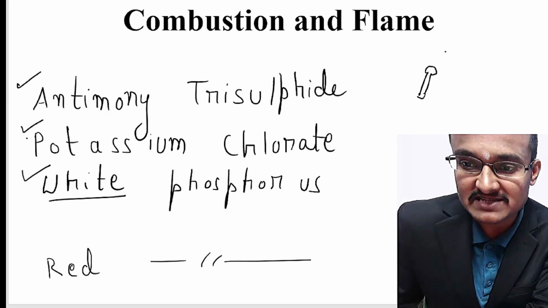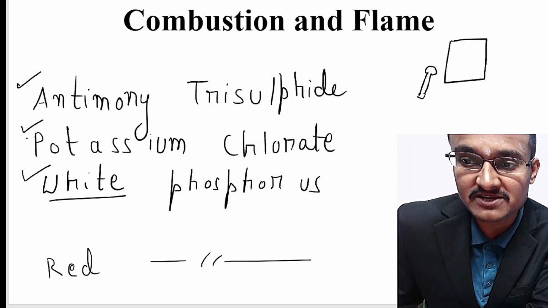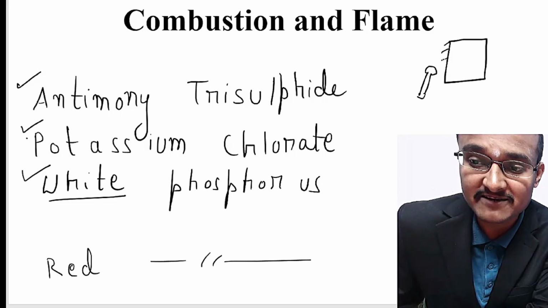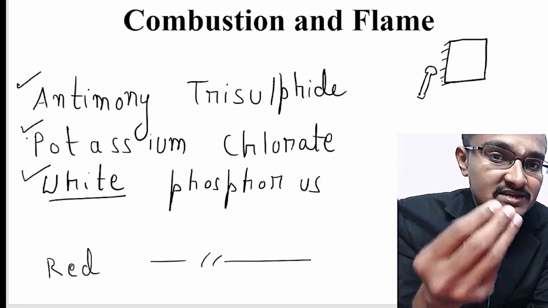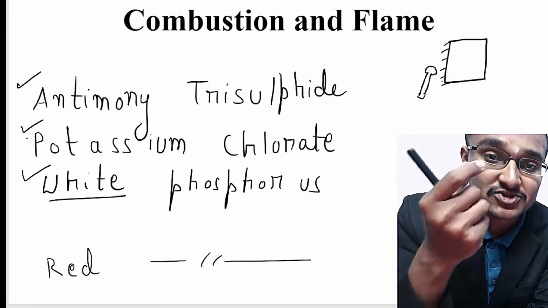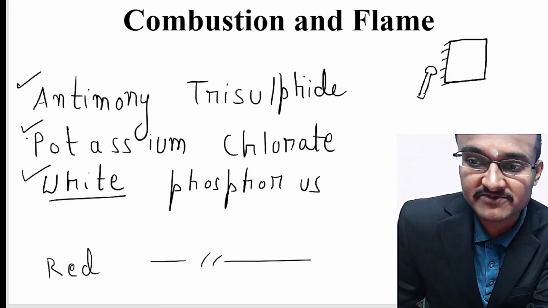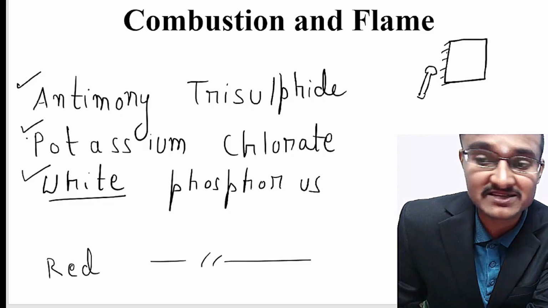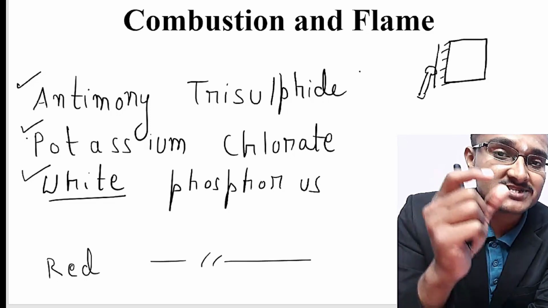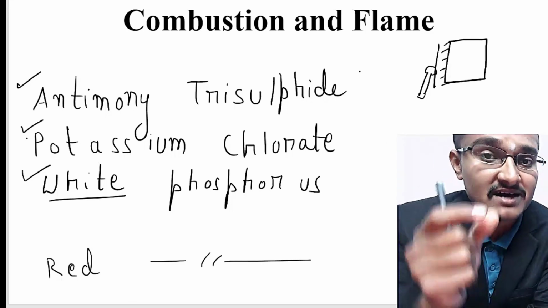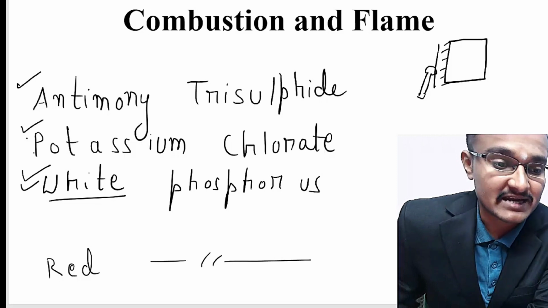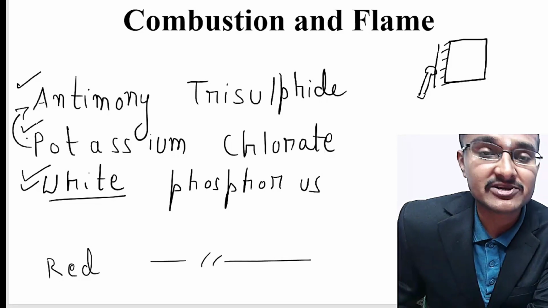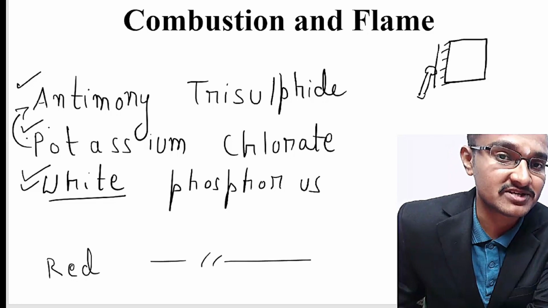When this matchstick is rubbed against the rough surface of the matchbox, that rough surface gives enough heat, enough temperature, which is known as ignition temperature. So the ignition temperature of white phosphorus is just reached when you rub the matchstick against the rough surface of the matchbox. The heat generated by rubbing will combust this white phosphorus, and hence makes potassium chloride react with antimony trisulfide, and hence the combustion happens and